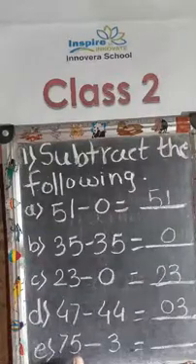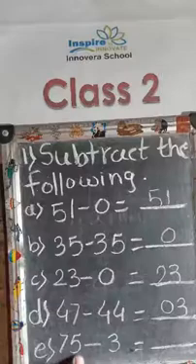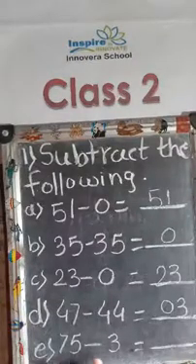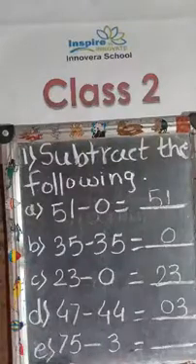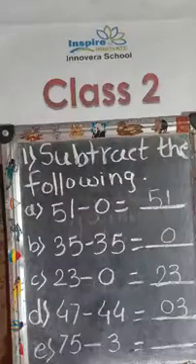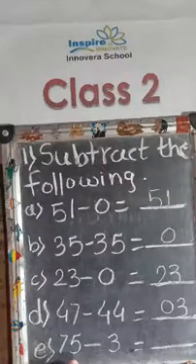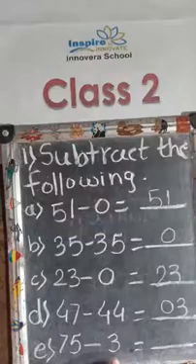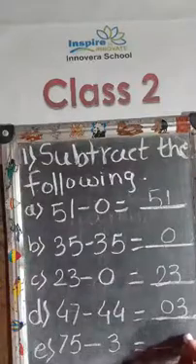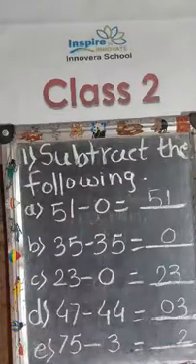So who is there in the ones place? 5. 5 is there in the ones place. So below this we will write the 3. So 5 minus 3. What answer have you got? After 3 start counting. 4, 5. So here you have got the answer 2. Okay, in the ones column 2.